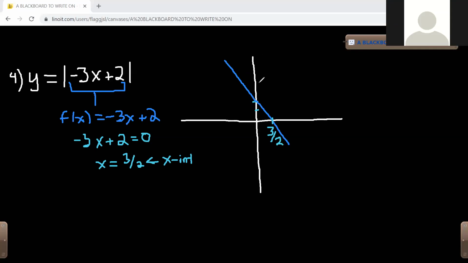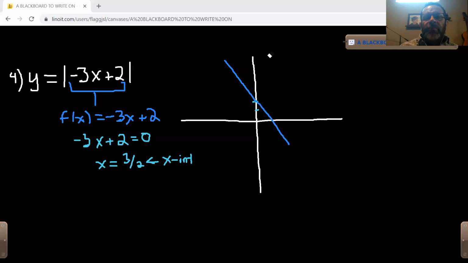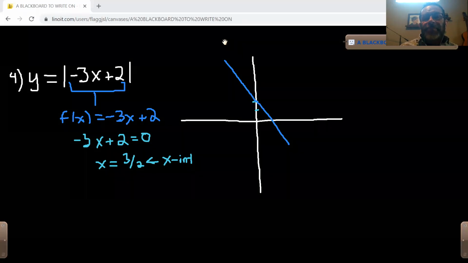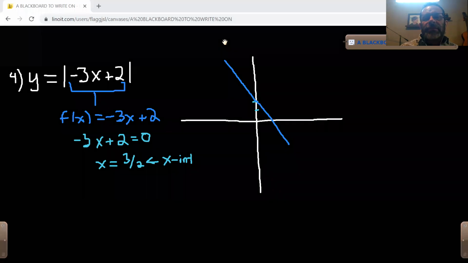When we do the stretch, it's just a representation of what's happening. If I were to be really strict here and try to do this graph a bit more precisely,